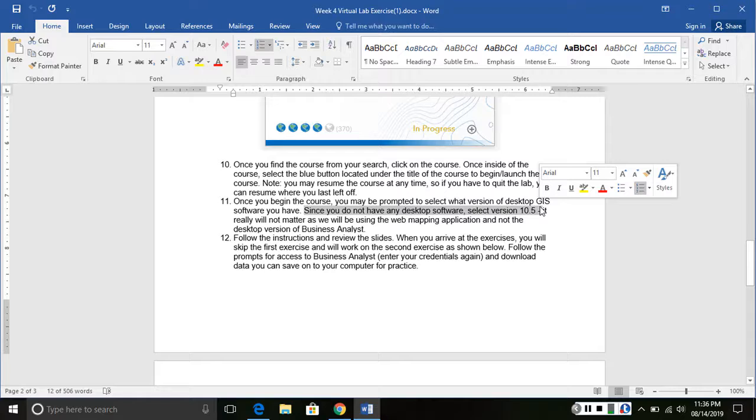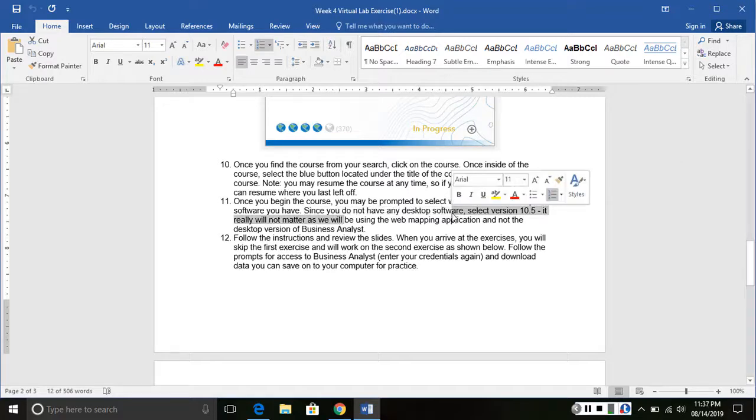So in here I have 10.5, but it could be 10.6. It really doesn't matter because we will be using the web mapping application or the Business Analyst online function of this Business Analyst setup here instead of the desktop. So next, once you have all that specified,